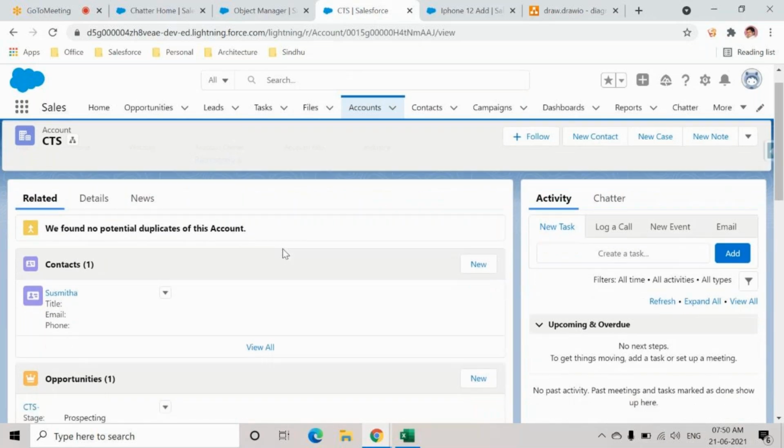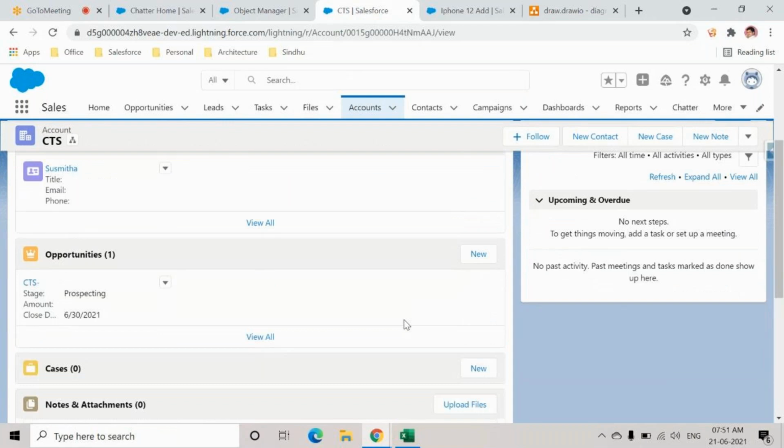Let us say I have provided a very good service for the transaction I completed with CTS. Now there is another person called Damodar, sitting somewhere in Bangalore, who also wants to buy the products. He is also from CTS. He can't ask Sushmita to be the contact. He'll come directly to me and do the transaction. That time Damodar will become my contact, right? So I can create multiple contacts. And with the same customer, as I can do multiple transactions, I can have multiple opportunities also.